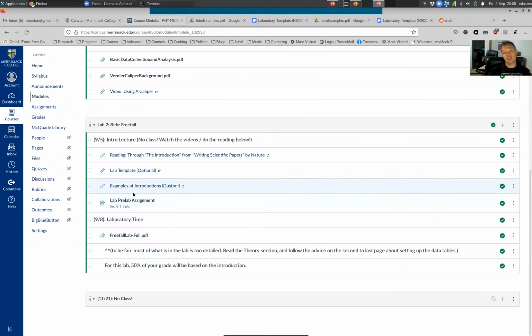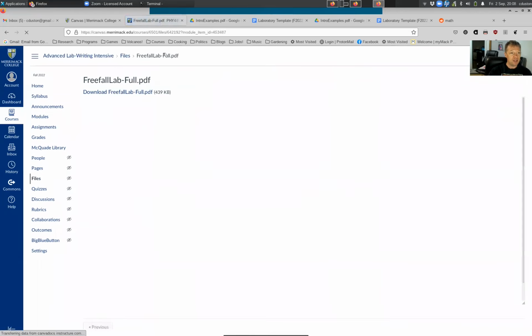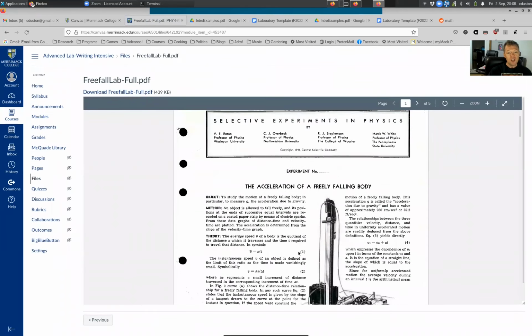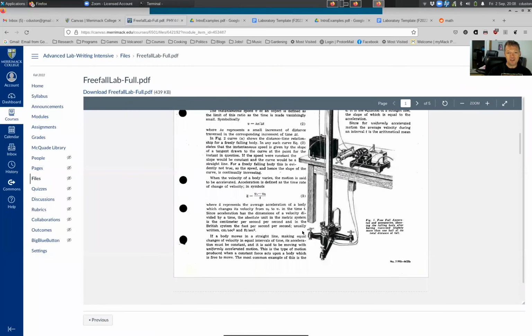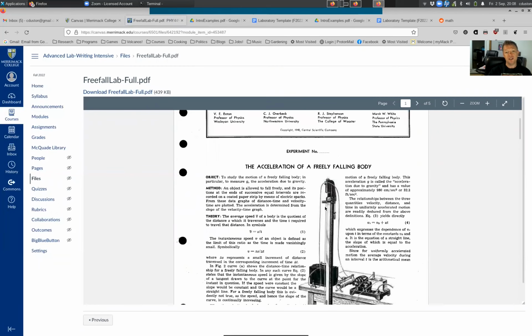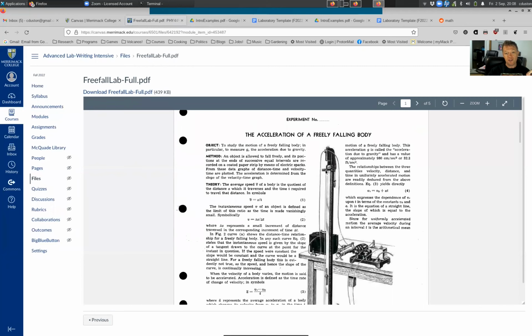Before talking about the pre-lab, let's go through the lab a little bit. I think I can do that just by looking at the lab manual, which is here. So there's that apparatus. This is also called a spark timer. What this thing does is you put a weight at the top and drop it, and a spark goes between two connectors here, and a piece of paper is stripped through the spark timer as the weight falls,